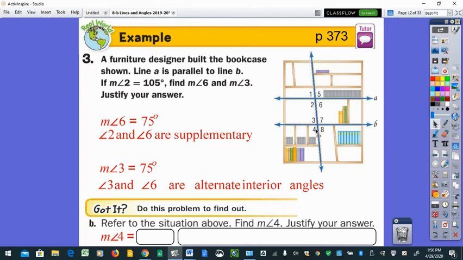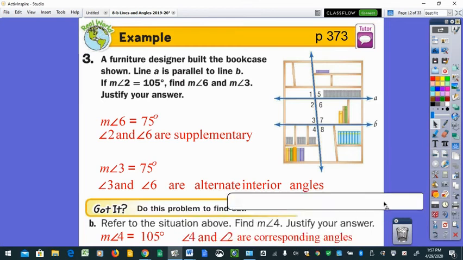Okay, now let's see. You could go right off of angle 2. There's a lot of different ways to look at this, but one example was if angle 2 was 105, which is what they gave me, that angle is corresponding with angle 4. They're both in the bottom left of their group, which means they have to have the same measure. So the measure of angle 4 would also be 105, and you could say that angle 2 and angle 4